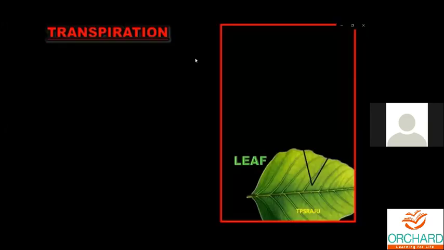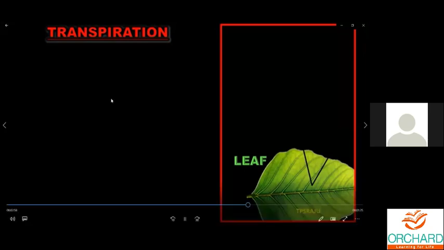Once again, let us understand about transpiration. Some thousands of tiny